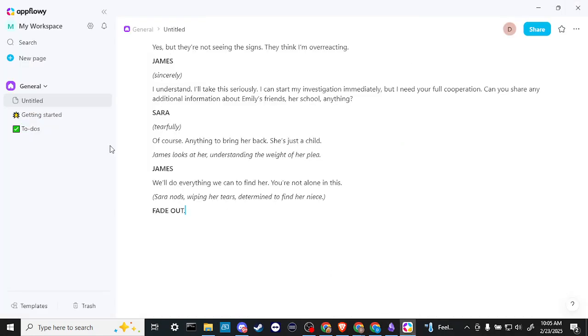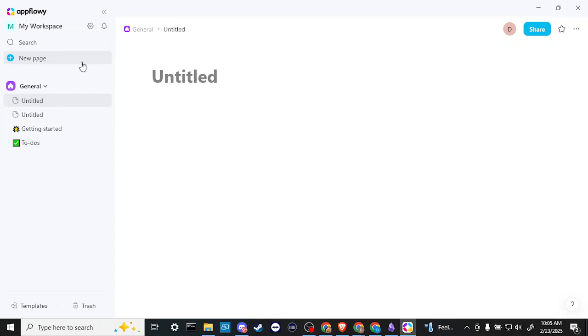And with AppFlowy, also very straightforward, not too many surprises as far as the basic interface goes. Here on the left-hand side is where you can click on New Page. And when you do that, then you can title your page. And what's interesting here is if you hover over where your cursor lies, then you're going to see this plus sign. If we click on that, then this is going to bring us some additional options that we could choose,